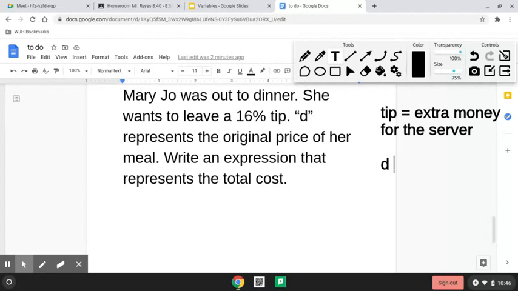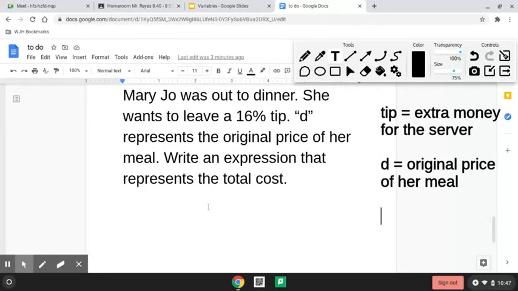D is the original price of her meal. So we know what D is, and now using that, we need to imagine D as a number